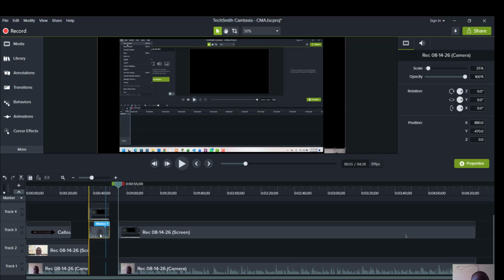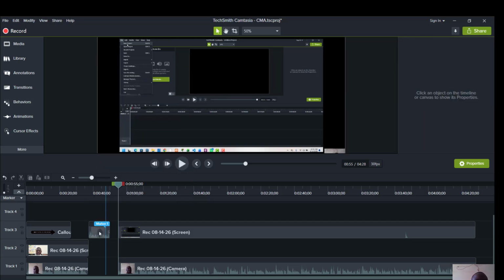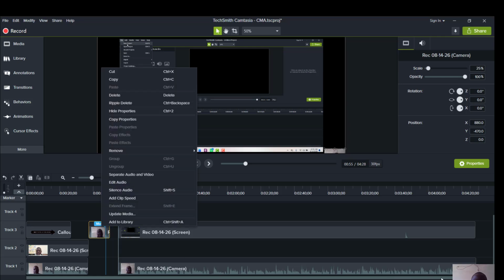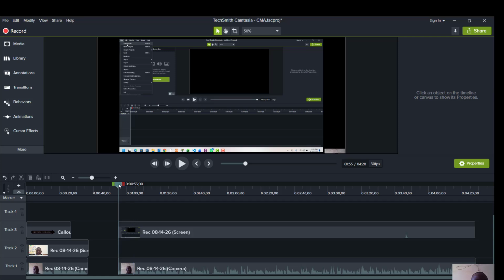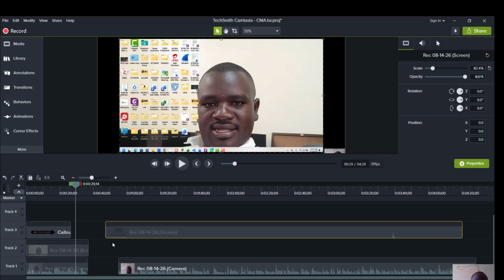Maybe this part of the news is not required. I just come and right click. After right clicking, then I delete. Then I can also right click this and I be able also to delete it. So once I've deleted them, let me see how I want to connect back this one